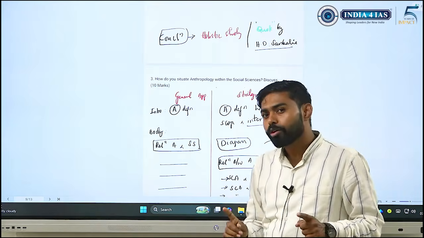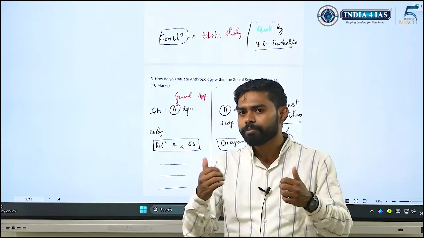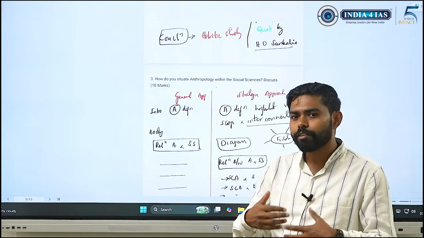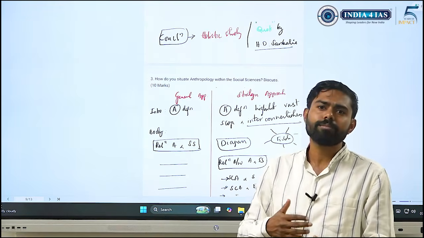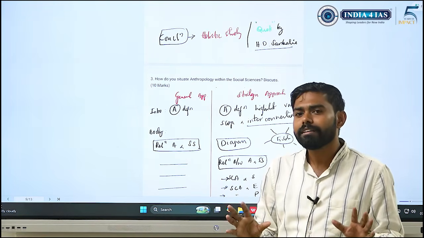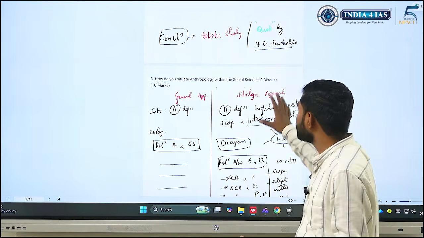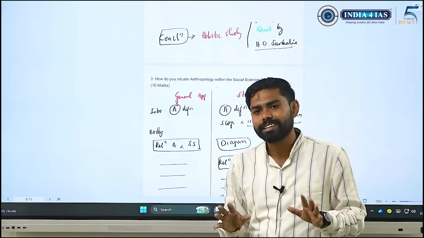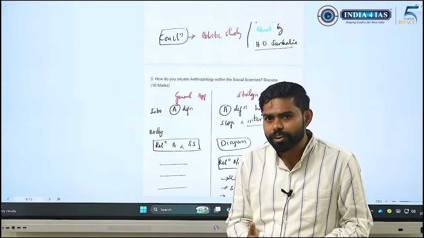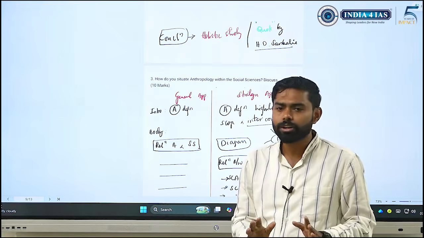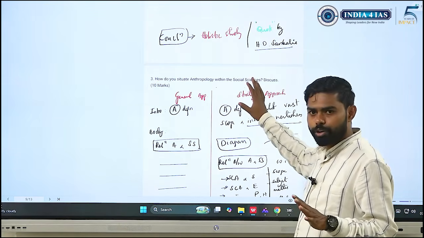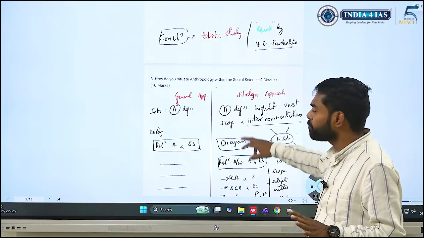I won't be giving you the quote, because the moment I give all those things, every one of you will be watching it, and everyone will try to write the same quote and same answer, and no one will have the relative advantage. Okay, try to work out these things on your own. I'm only giving you the skeleton. The moment I give you the flesh, you stop working. Okay, so try to fill the flesh for yourself. I'll give you the skeleton.